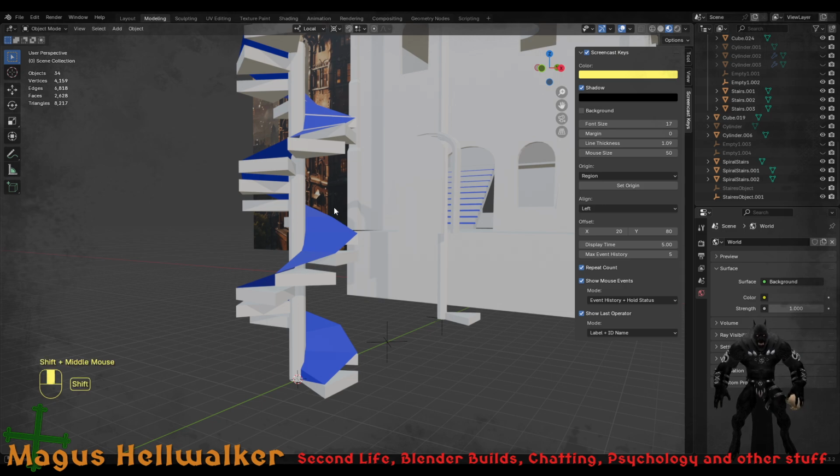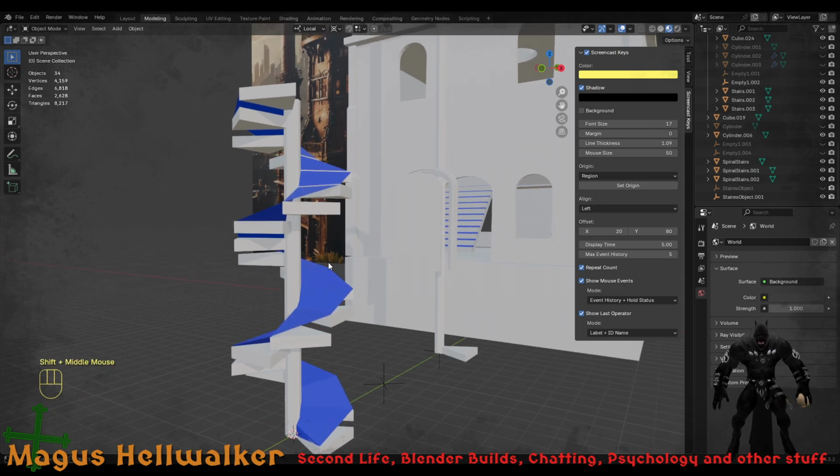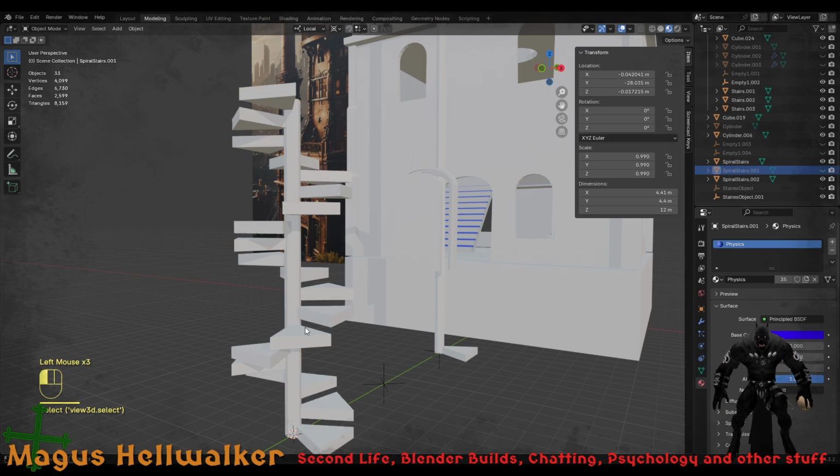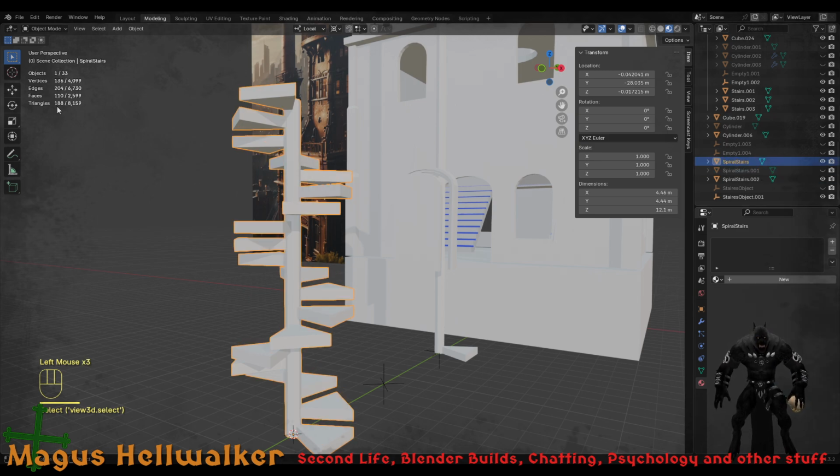That's one of the reasons why I gave up on Second Life for quite a number of years, because I wanted to create so many things and I just couldn't bring them in. But here we go, this is a very quick example. This mesh is 110 faces. If you bring that into Second Life as it is, using Second Life's own physics,